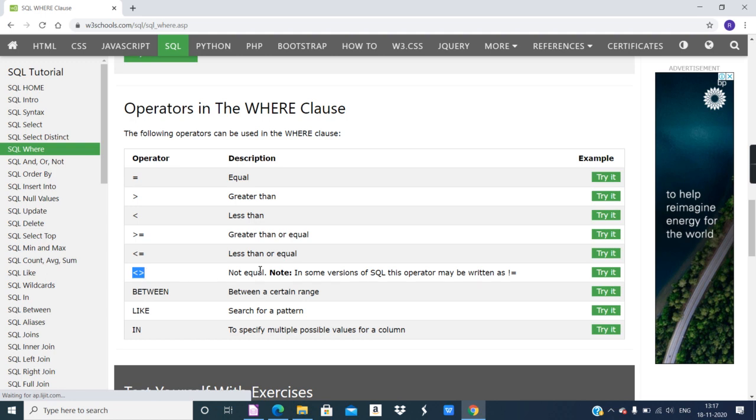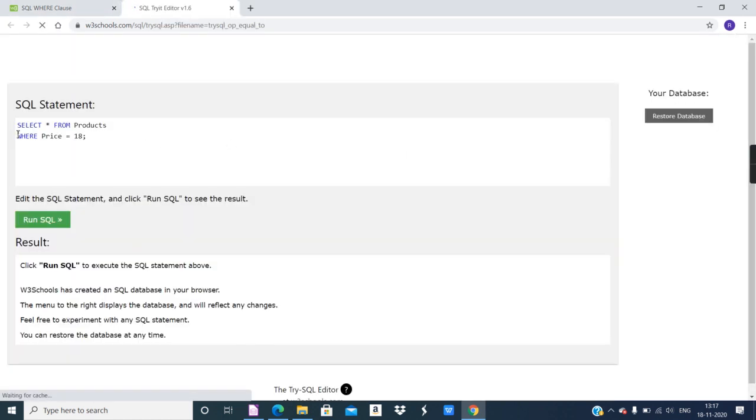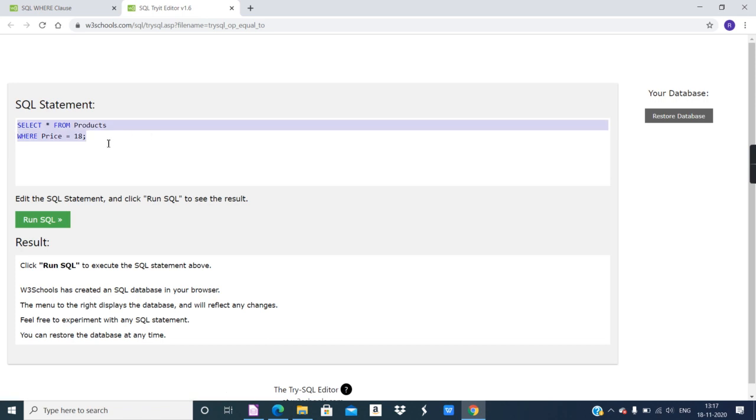But in some DBMS softwares, if this symbol does not work, use this symbol for not equal to, between, like, in. And when you click on the try it button, you get the example also.